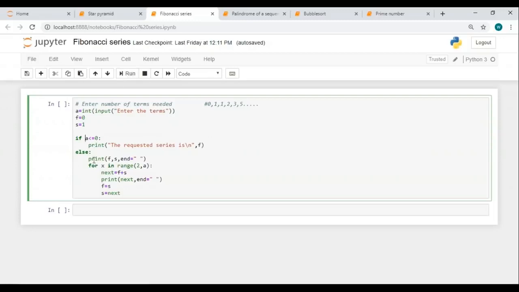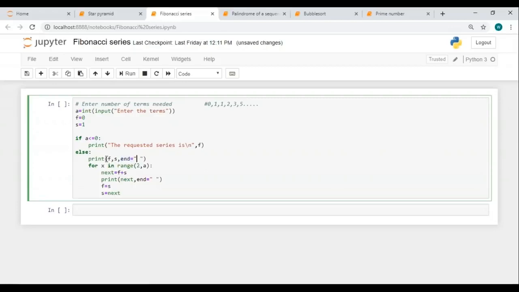Now what exactly is happening over here is the first thing that is to be printed is the first number and the second number. For this else block, the number should either be equal to 1 or greater than 1. So, when the number is greater than or equal to 1, the first number and the second number, which is 0 and 1, need to be printed in the series. So for that, I've used this print statement and I've used this end parameter over here, and I've told it that this end should be a space character. So first, I wanted to print 0 and then 1 and end with a space character.